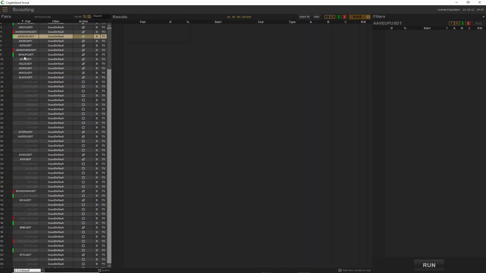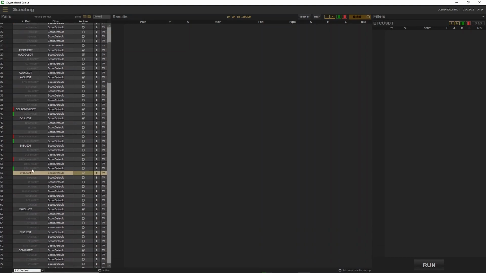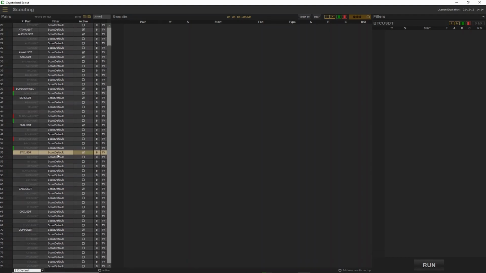So, after the optional vertical bars, it is the turn of what each currency pair has, which is pair name, for example BTC/USDT. Filter. Setting a previously defined filter with search criteria that will activate a currency pair with a certain price change in a certain time interval. The filter is changed by selecting a currency pair or more and clicking on the drop-down menu all the way down in the left panel and selecting the desired filter. The setting of the filter and its values will be explained when